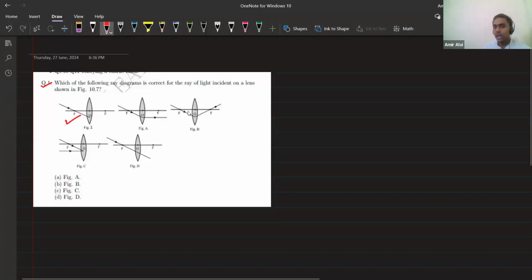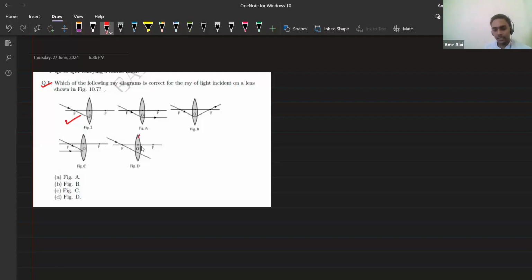Next case. Here the light ray is passing through the focus, and it is not possible that it will go in the upright direction in lenses, yes or no? Yes, sir. Next case is basically representing reflection. Reflection is not possible in spherical lenses. The light ray is striking this lens and getting parallel, so it is not possible.